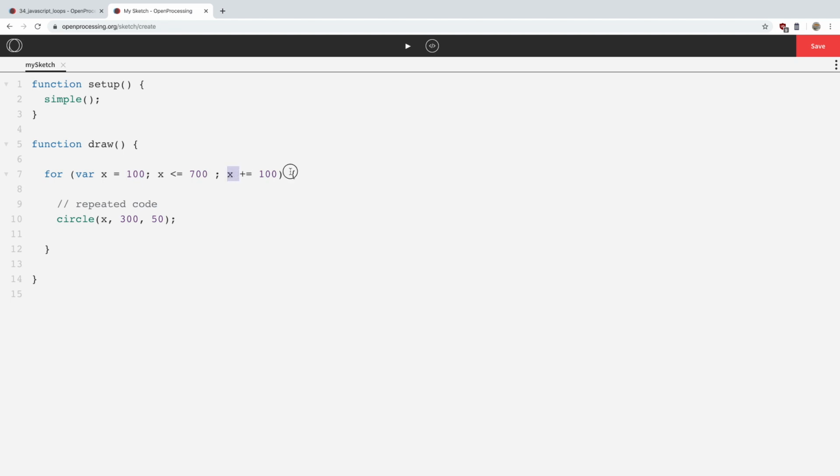At every repetition of the loop, it's increased by 100. And this loop continues as long as the answer to this question, this condition, is true. So as long as X is less than or equal to 700, or X is less than 800,